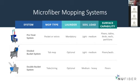So we give the choices because everybody's situation, everybody's budget is a little bit different, and we want to give you those options. During or towards the end of this presentation, because of COVID, we have seen a big uptick in the use of yet another type of microfiber cleaning. And that is tools that are more disposable in nature, so that you don't have to launder and don't even want to maybe hand wash at the sink. I'll show at the end of the presentation that we have a full line of disposable pads,